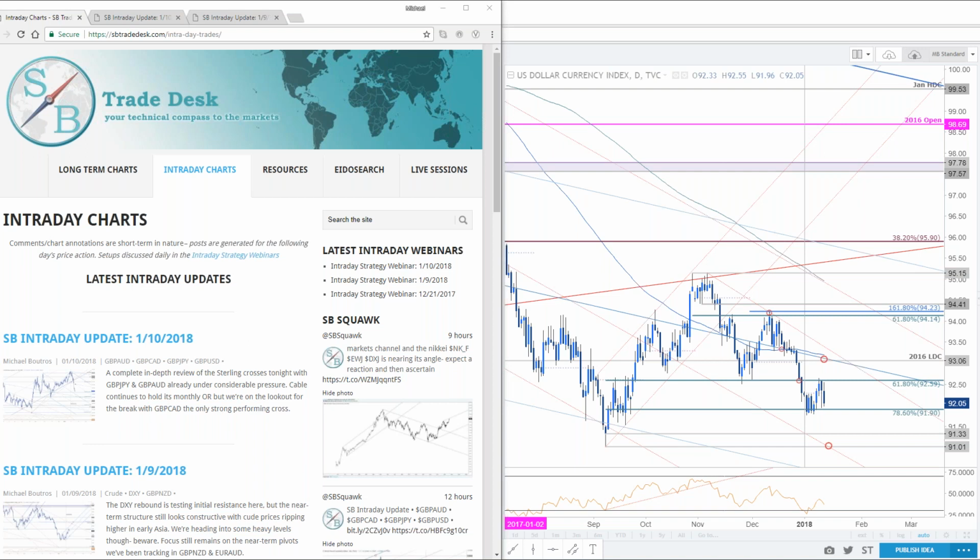On the menu for today, obviously DXY real quick. We'll go over all the sterling crosses we've been covering all week. So pound dollar, pound yen, pound CAD with a nice reversal yesterday, pound Aussie, pound Kiwi. We'll take a look at dollar CAD, which is coming into near-term resistance as we speak, as well as crude prices, which continue to charge higher. And then we'll take a look at some of the Euro crosses. So Euro dollar, Euro Aussie, and Aussie dollar. Any other questions? As always, feel free to throw them on the message board at any time.